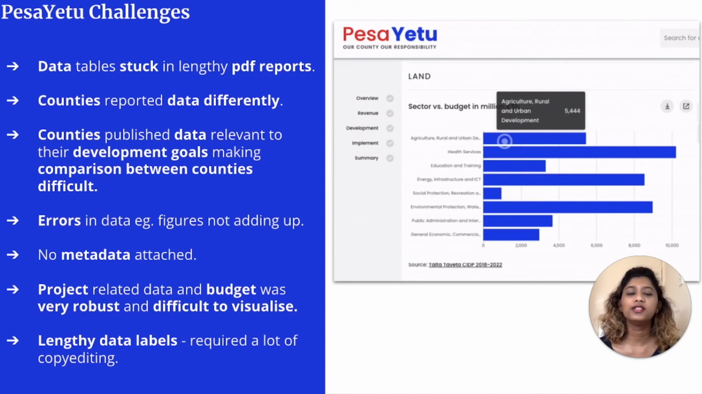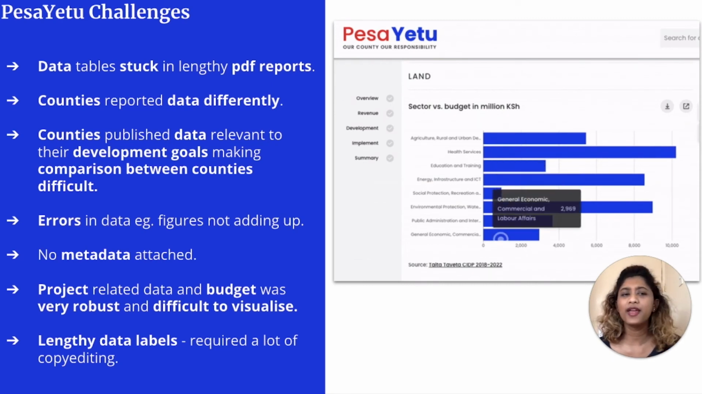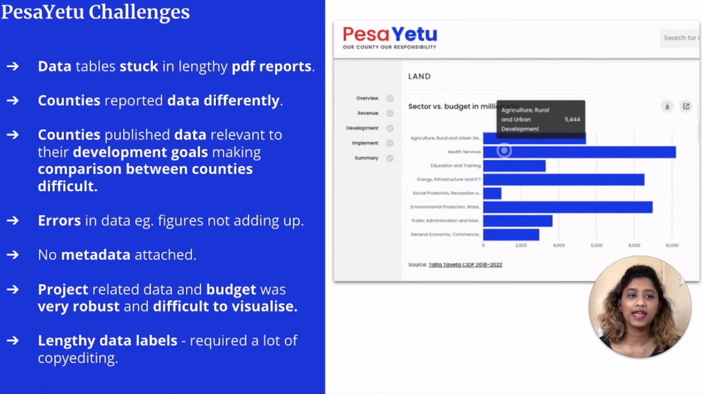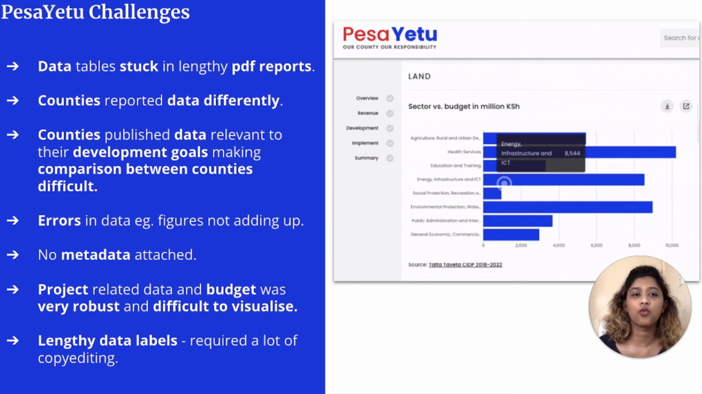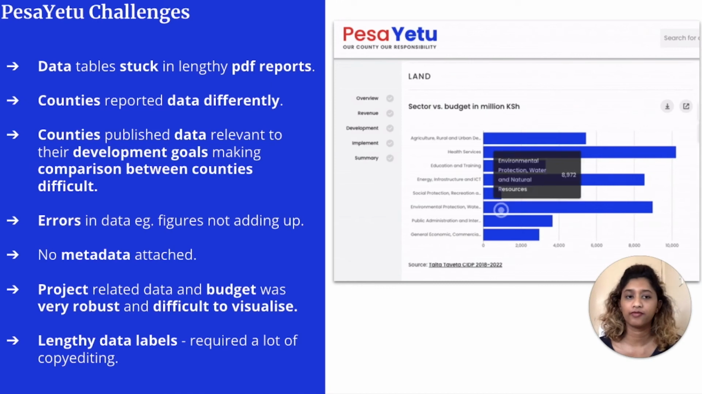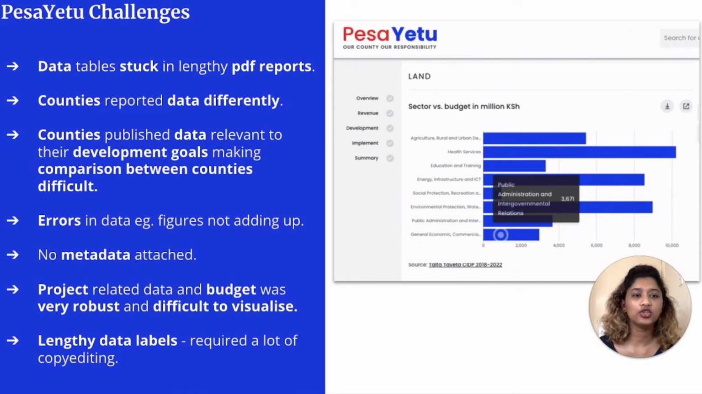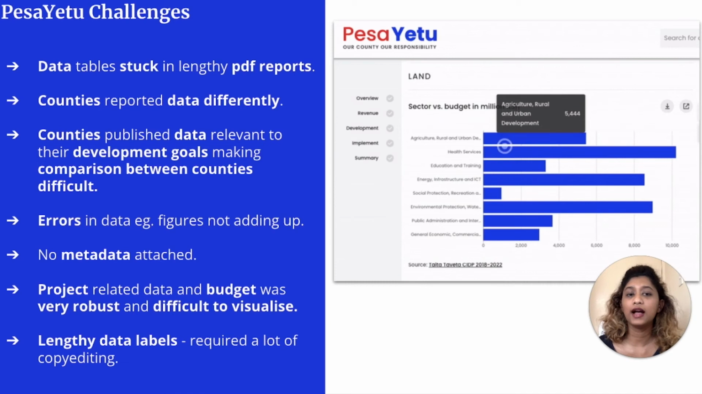Data was reported differently by each county. One county may have published data on, for example, the number of children enrolled in private schools, and another may have published data on the number of children in high schools. This makes comparing data quite difficult. Again, a county with high tourism will publish data on tourism, and a county focused on agriculture will publish more data on agriculture. Another frustrating challenge was that the budget figures weren't adding up, and also there was no metadata